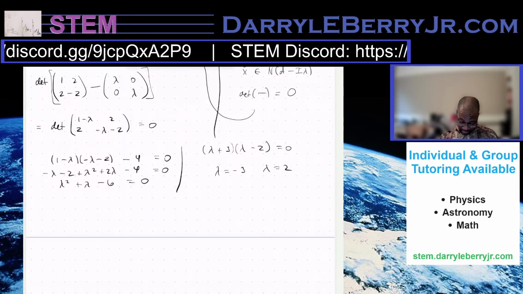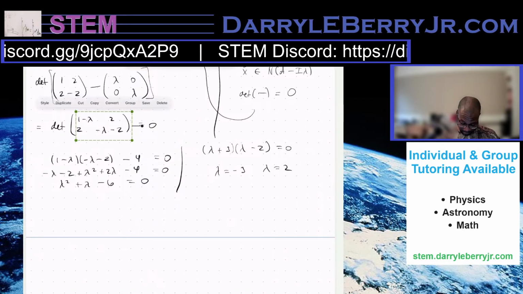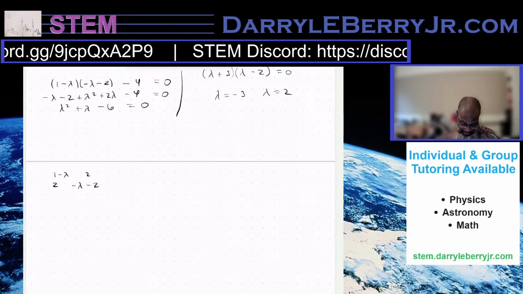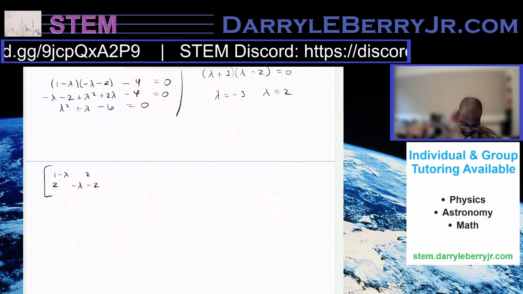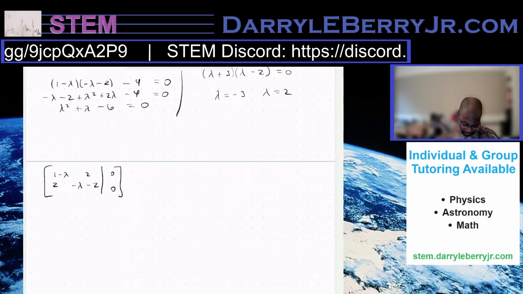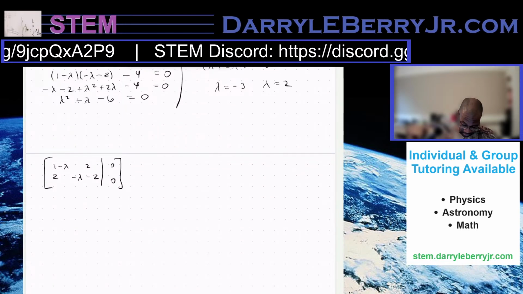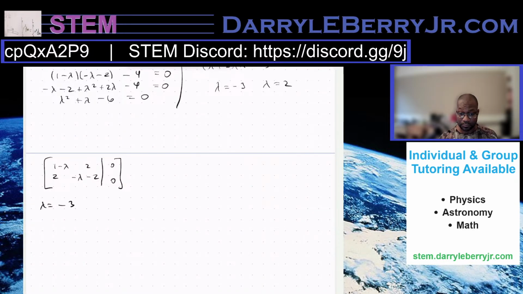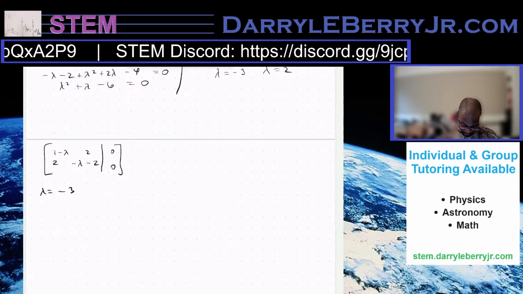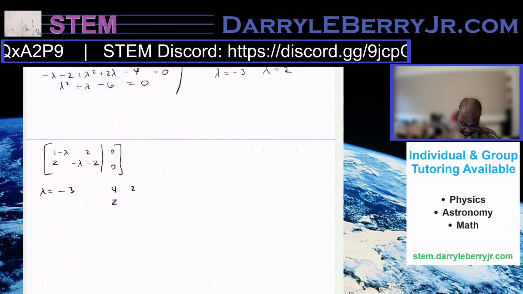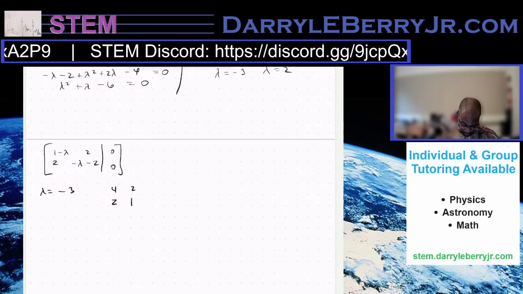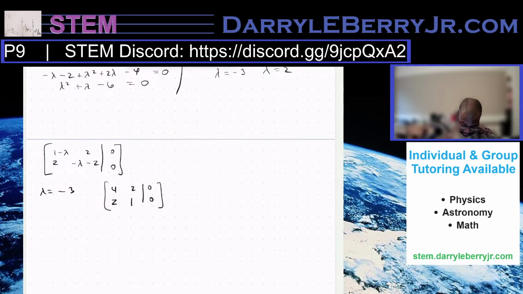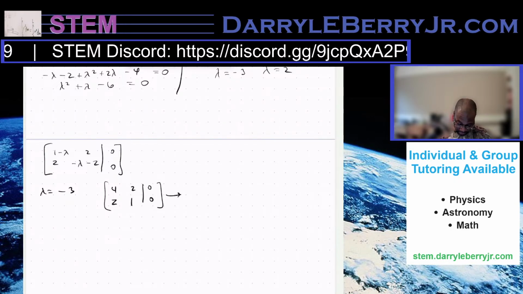So to find out what the vectors are that fit this, if lambda equals negative 3, we have [4, 2; 2, 1], [0; 0], which leads to